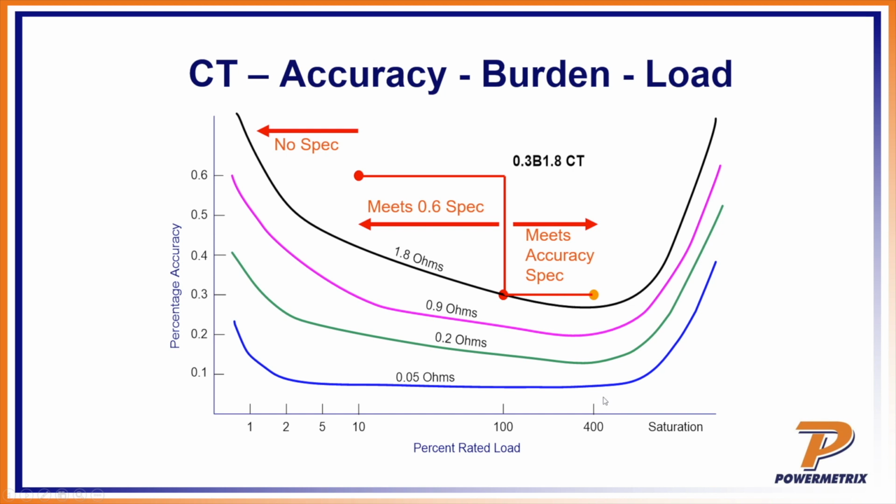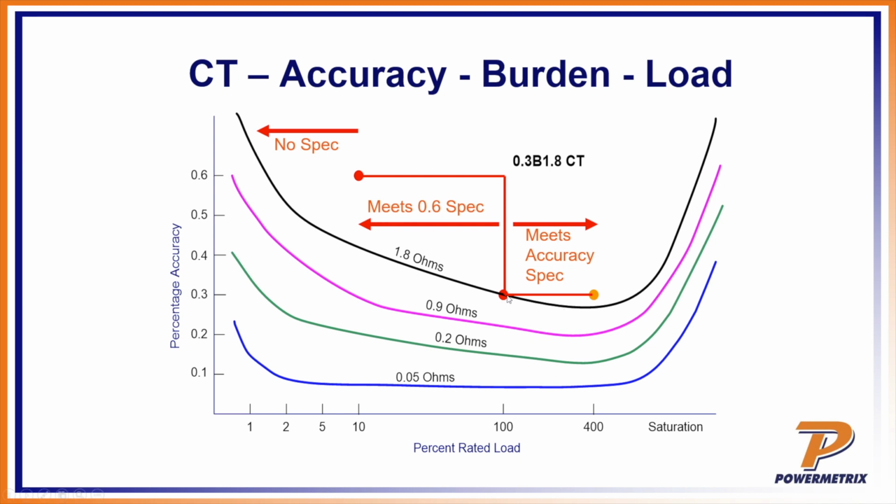But look what happens when the CT reaches saturation. When I go over 400 amps, look at that curve. Over here is my percent accuracy. My accuracy goes right out the window. My CT is saturated, and my accuracy goes out the window. My meter is giving me all kinds of bad numbers because the current that's running has all kinds of problems with it. But look what happens going the other way as well.